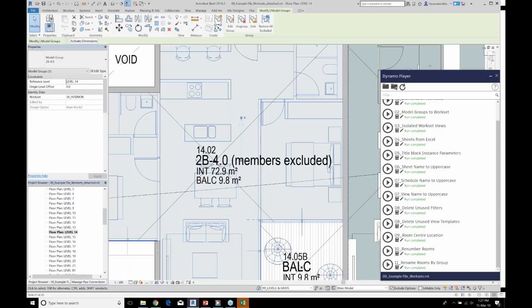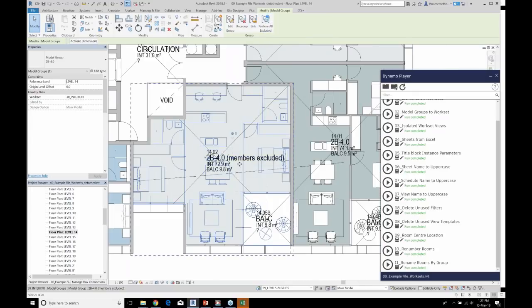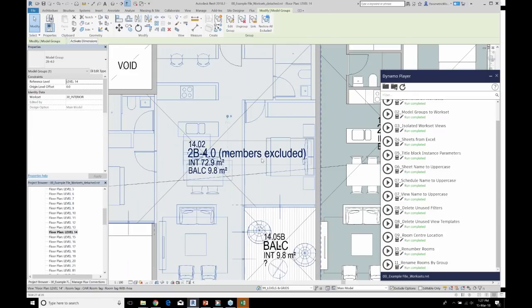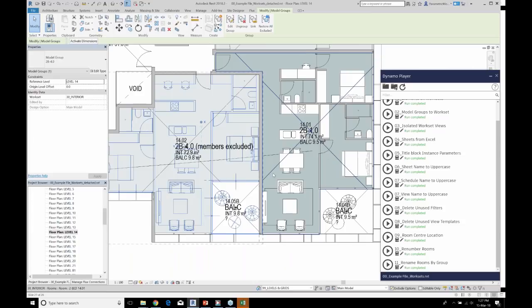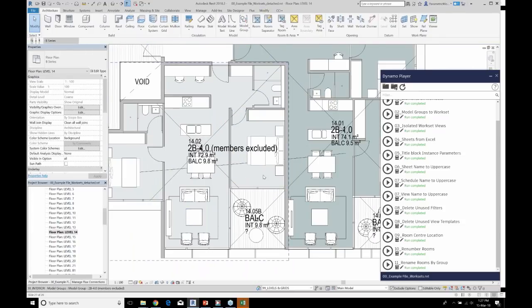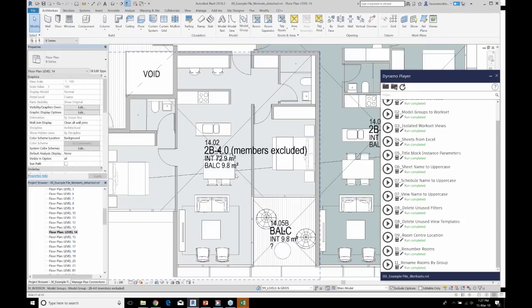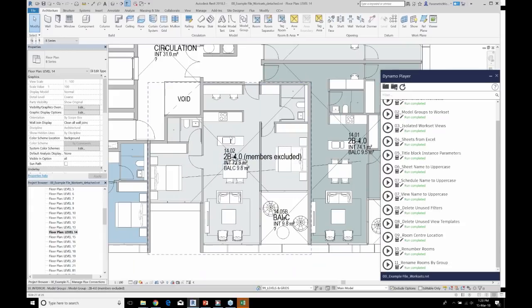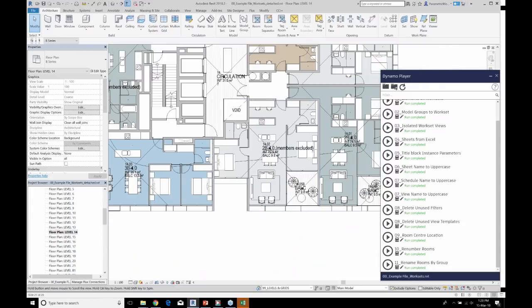We can see from up here. There probably is a way that we can build into the script to remove any text that says members excluded. But actually this is a good QA check to see if those elements were meant to be excluded or not.